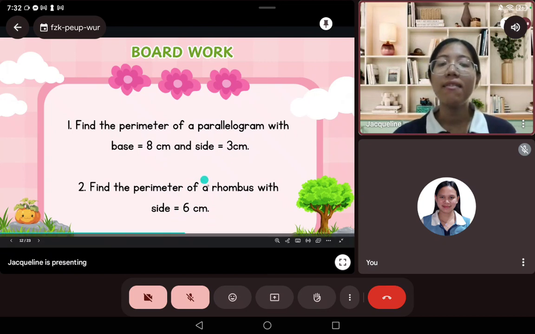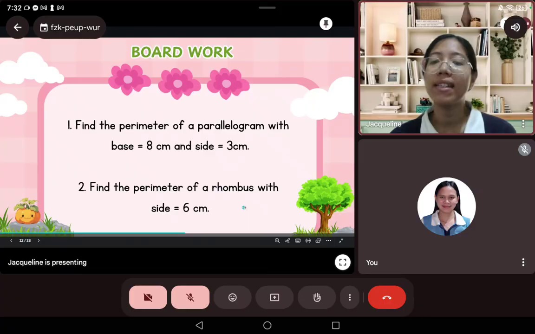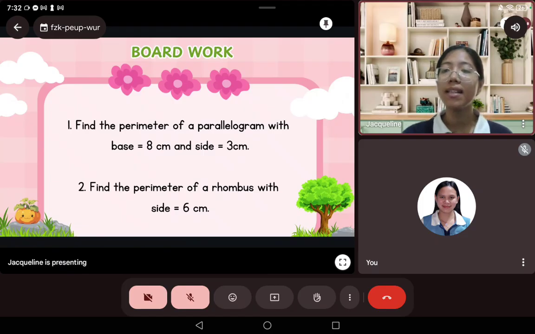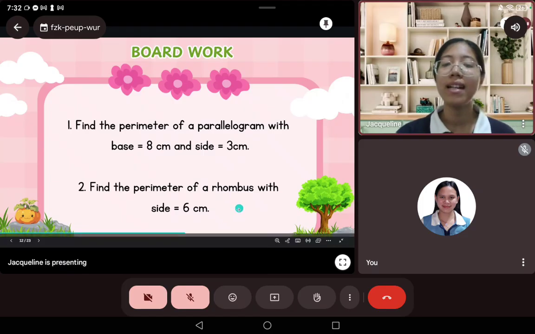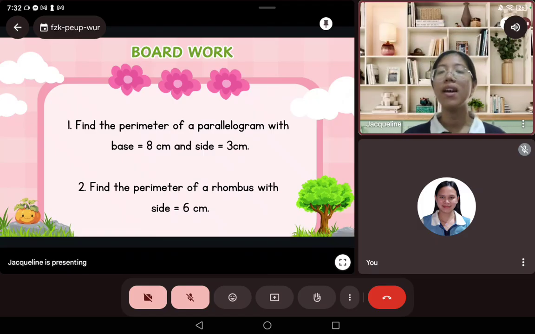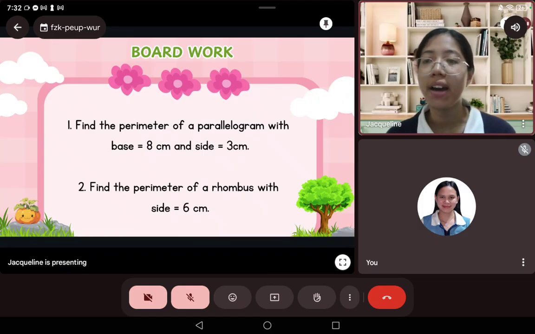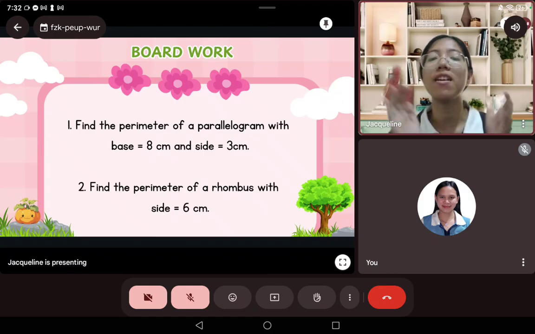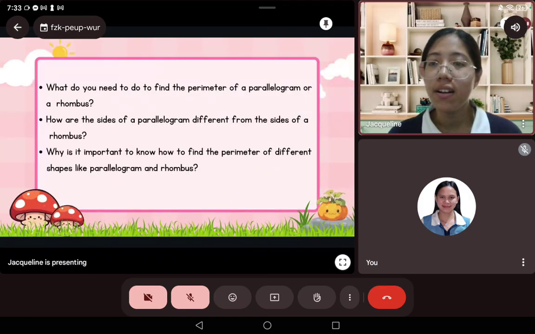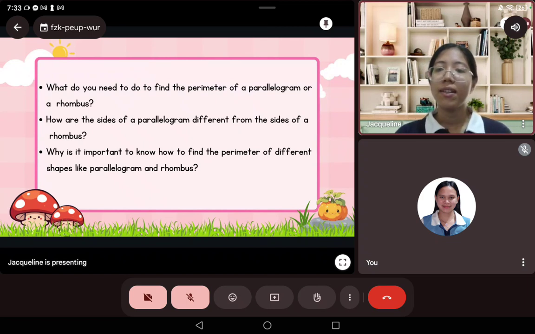And let's try the answer of Francis. Let's solve this one. So the perimeter of a rhombus. So we have 6 equal sides. So that would be P equals 4S. So 4 times 6 is 24. Very good, Francis. So your answer is correct. 24 centimeters. So let's give Francis also 5 claps. 1, 2, 3, 4, 5. Very good, class. So I have here 8 questions, class.